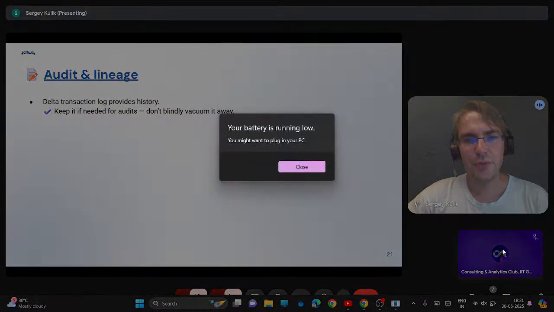Probably if you use Delta Lake for a long period of time, you would be tempted to implement some kind of compression for the Delta log to remove the entries, for example, that point to the files that have been compressed into a single chunk. You can do this, but sometimes audit is strict, and you need to keep those old entries, even if they don't make sense for the analytics. They can probably make sense for the audit of the data.